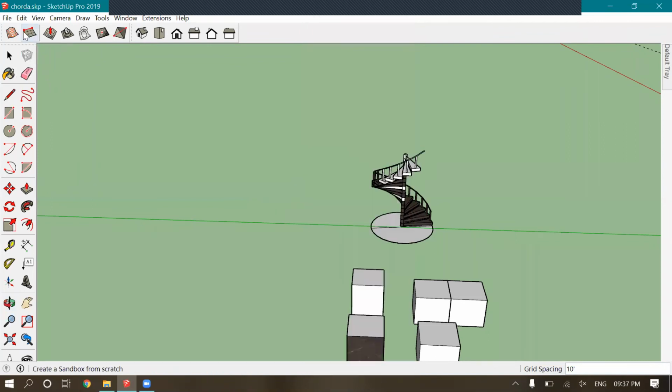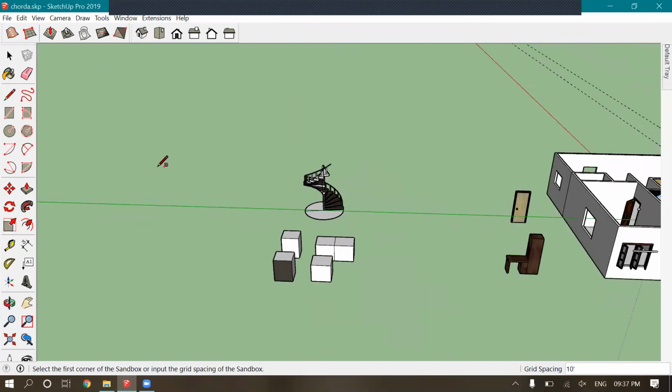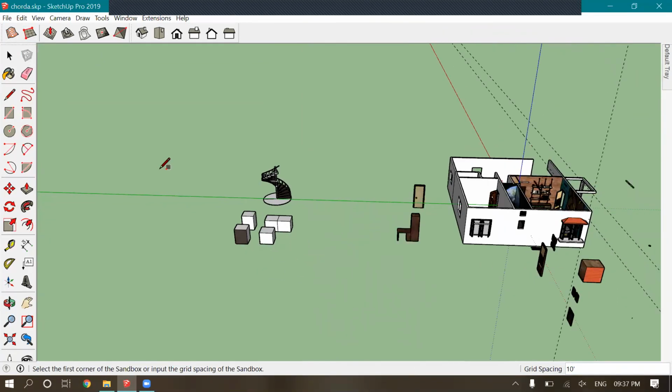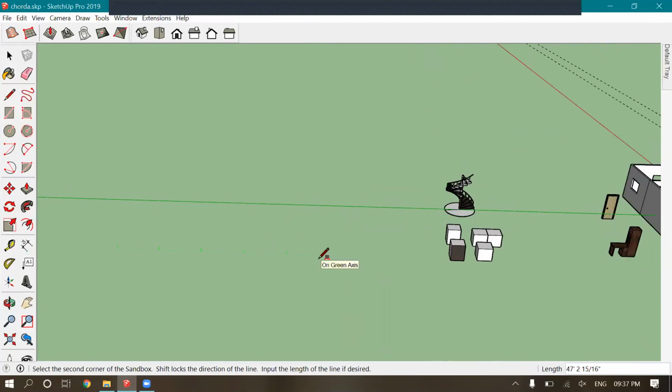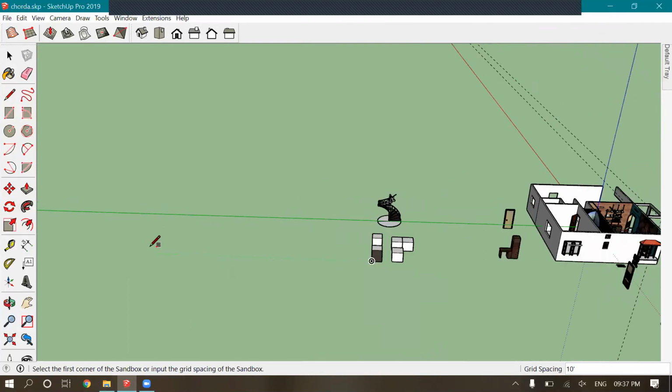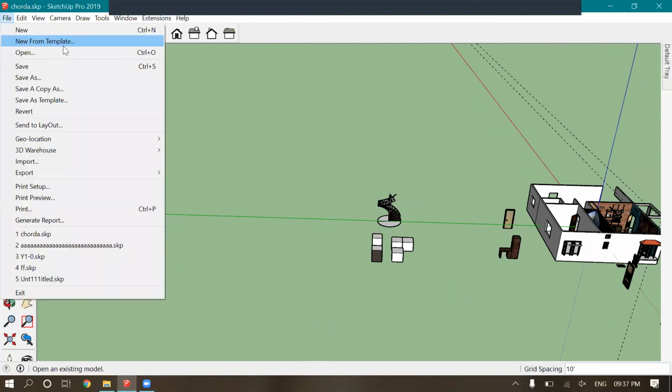So let's say we need to make a plane. Sandbox is used to make a plane and give contours. Let's show it in a model.